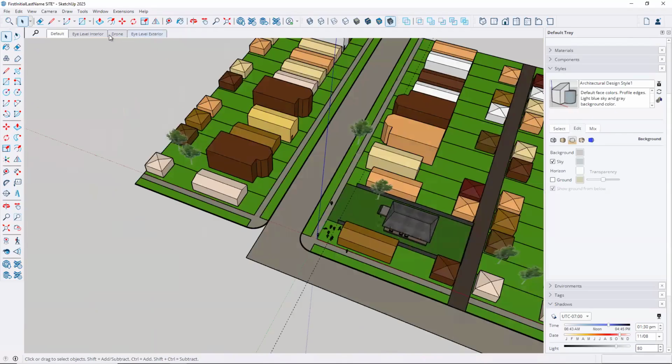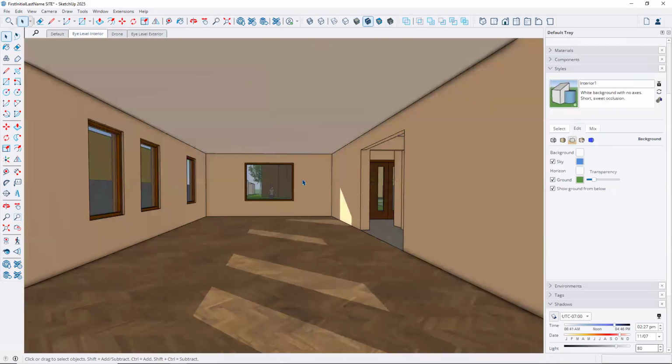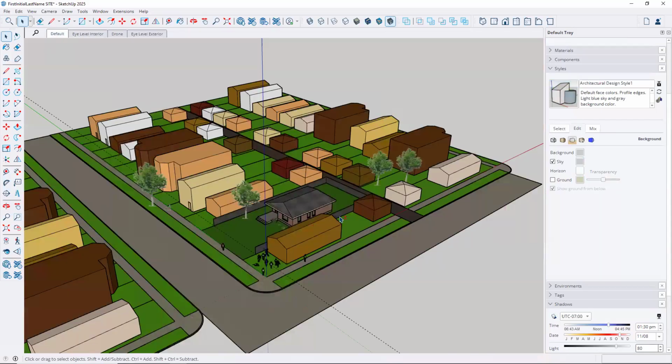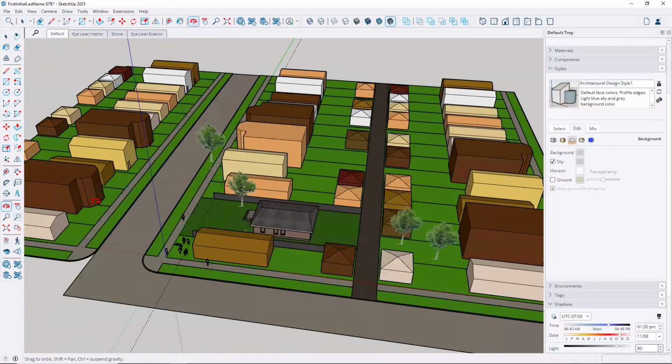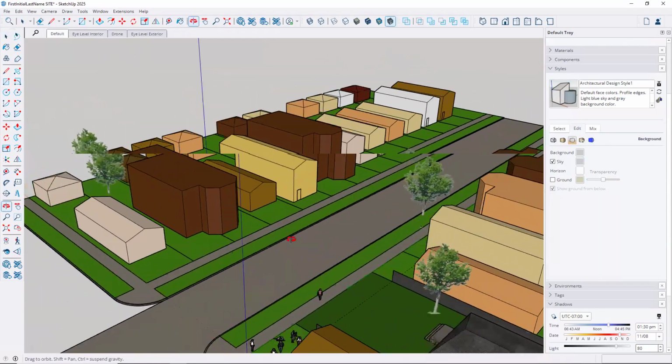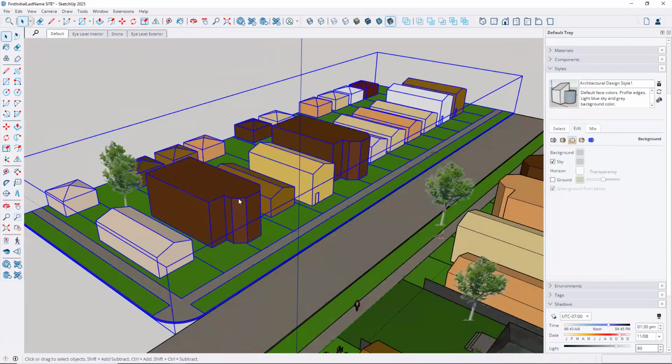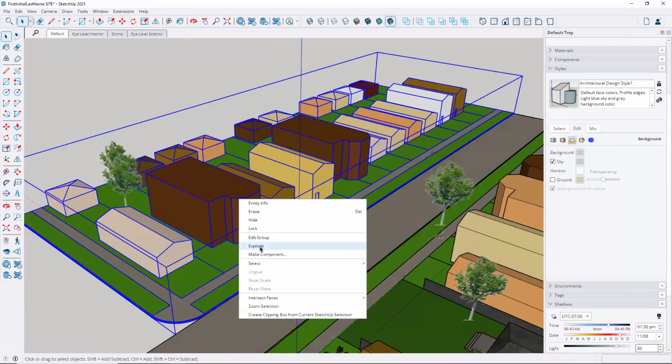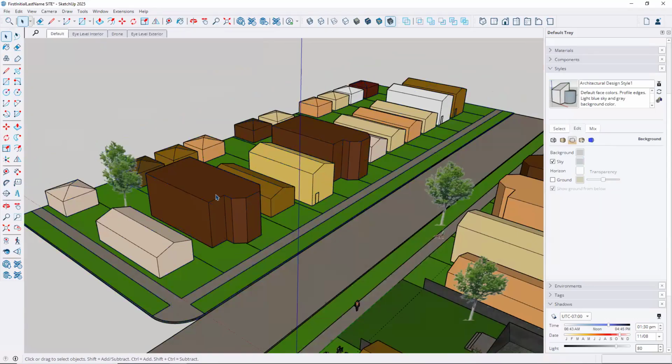And then let's go back to my eye level interior. And now look at that. I have some buildings, but I'm still seeing through something through the buildings there. So let's go back to my default view. And I'm going to position my view. And it looks like I have that building right there. So now I will take that group, right click, explode it, click off of it, take this building, delete it,